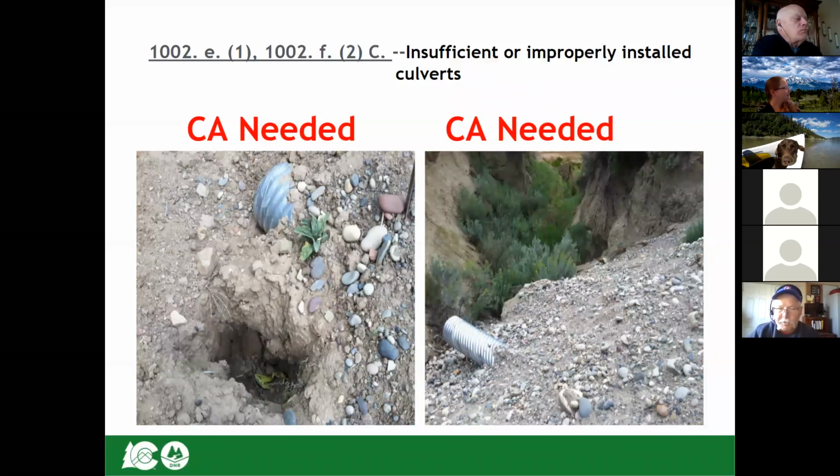Some more culverts. So I think I've made it clear, I hope. Culverts are a problem. They often don't get the maintenance they need. The photo on the left, I don't know exactly what was going on, but probably during the construction phase, something didn't work out real well. So we're getting some erosion around the culvert right there, and water is finding its own